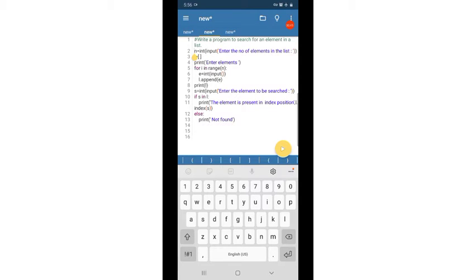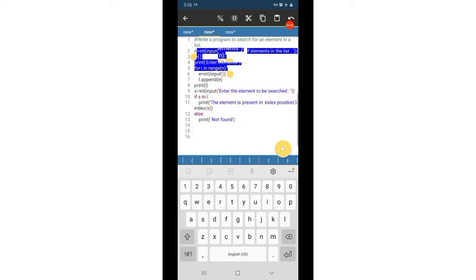So from this program I am just copying a few of the statements. That is, at runtime we will enter the list.